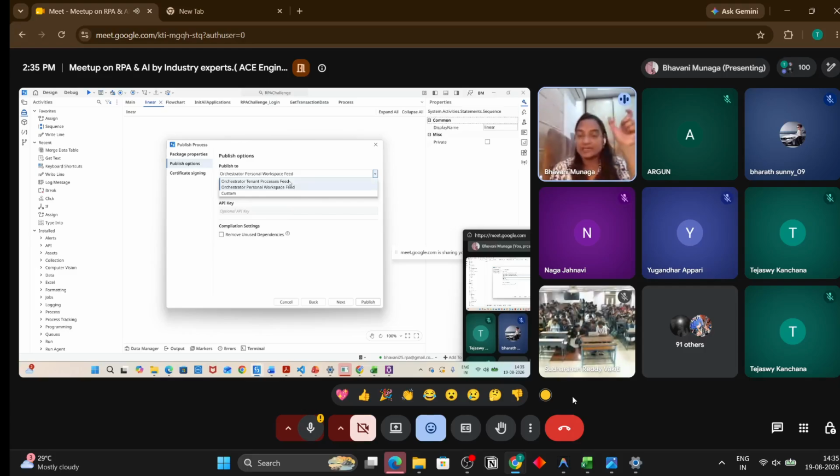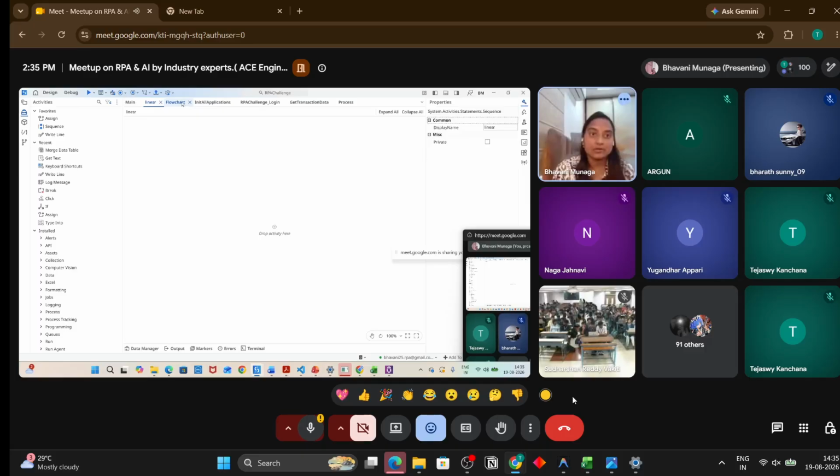Tenant is nothing but the main thing. Once it is deployed, you can link it to the folder. Personal workspace is nothing but the personal workspace folder. It will be directly deployed to the personal workspace. Custom means you can select the folders where you want it deployed. So this is the publishing of a project.